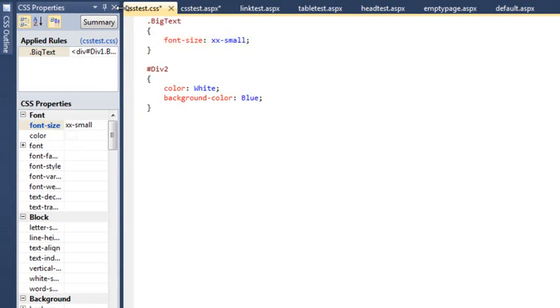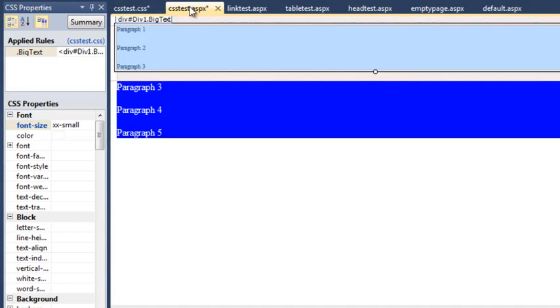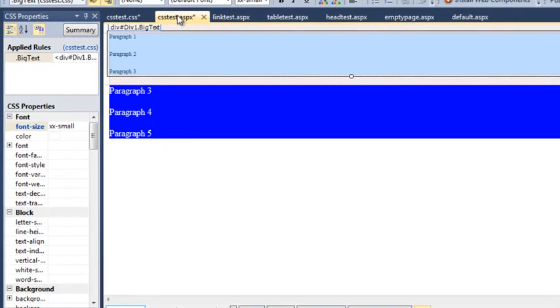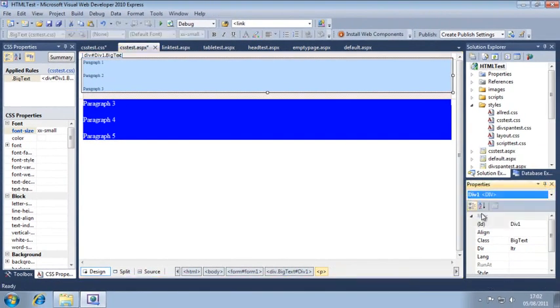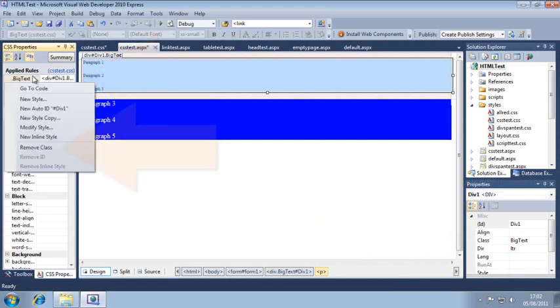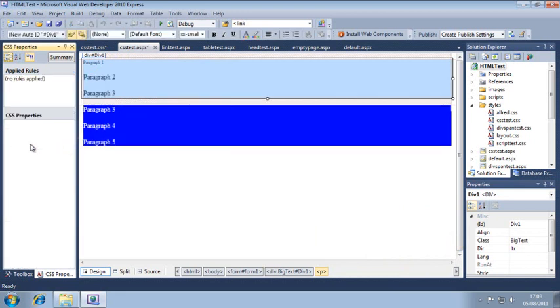You're now going to use the CSS Properties window to create an entirely new CSS class. Switch back to csstest.aspx, select Div 1 using the drop-down menu in the Properties window if it isn't selected already, and either clear the class property in the Properties window or right-click on Big Text in the CSS Properties window and click Remove Class. This has removed the reference to Big Text from Div 1. You can see that the text has returned to its normal size, except for the first line, which has inline